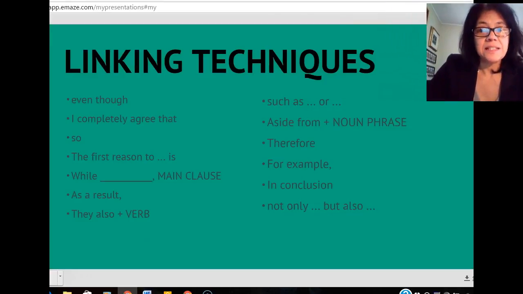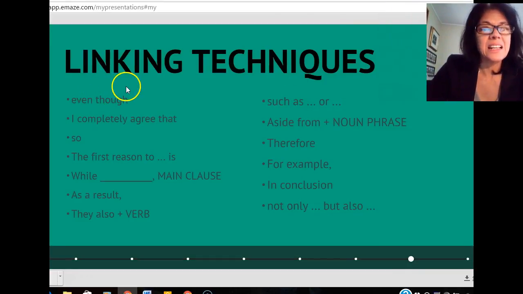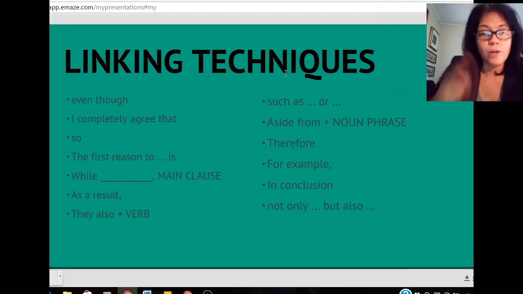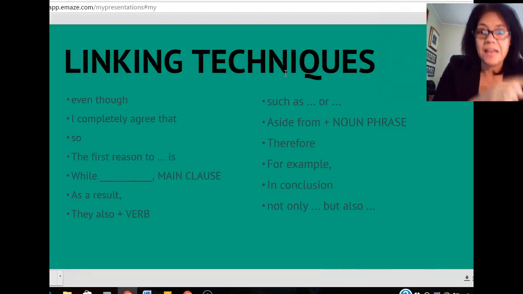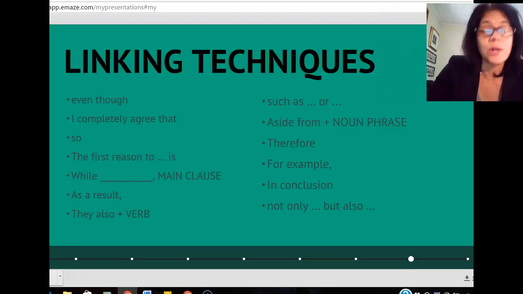As a result, this essay has excellent linking techniques to flow from one idea to the next. Can you use all of these? You must learn how to use conjunctions well, sentence adverbs as well. You cannot escape it. You simply have to learn and practice linking techniques.